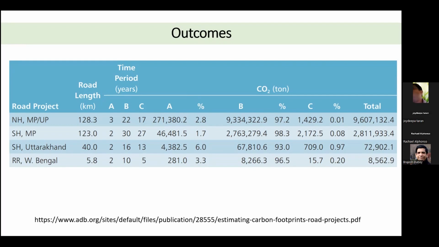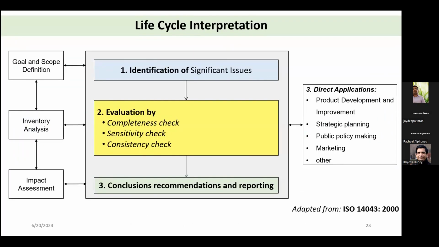So once you get these results, what is my typical activity? You just put it in software, or take it from an Excel sheet, input any sort of data, and you will immediately get a result over here. So is my result very accurate? How do I validate it? That is where my life cycle interpretation comes into the picture.